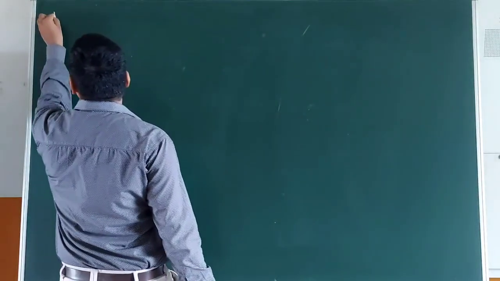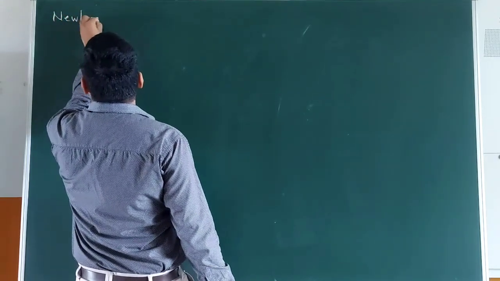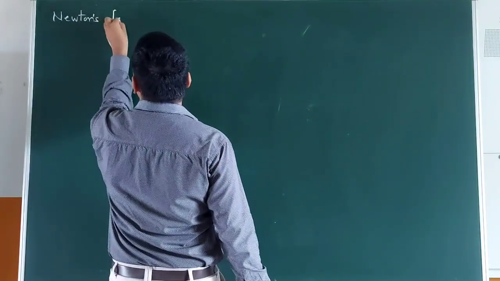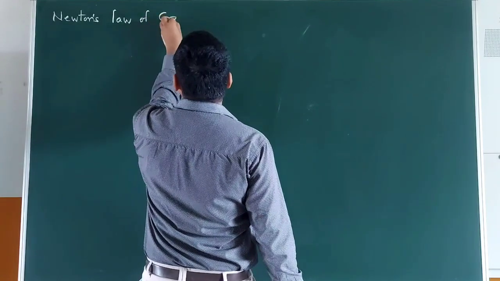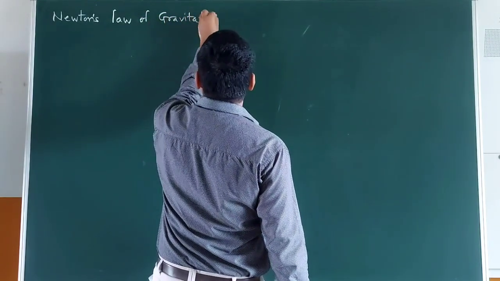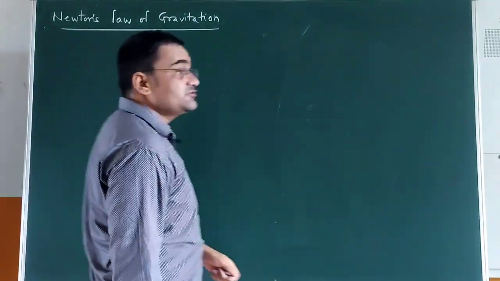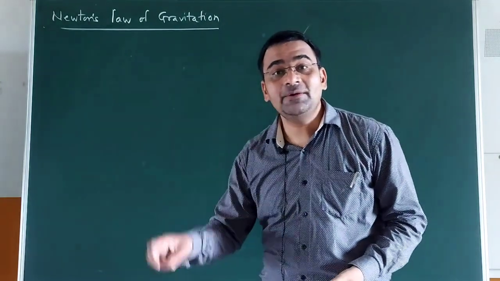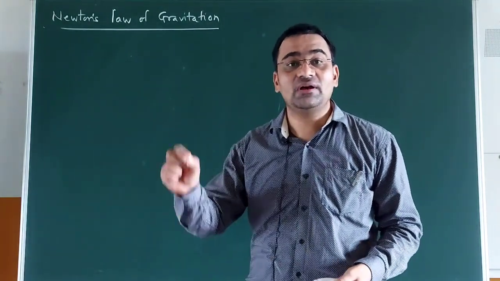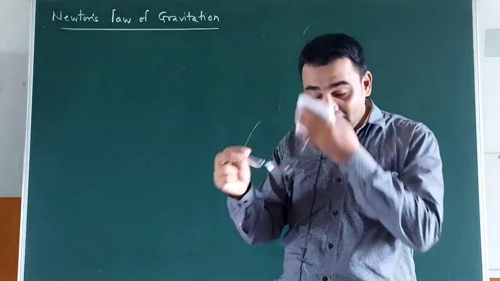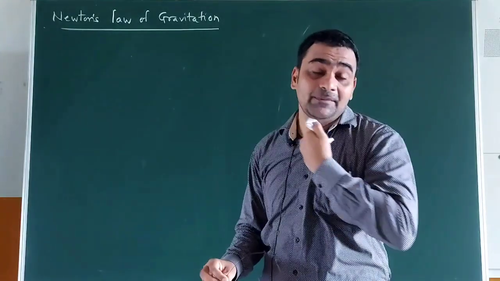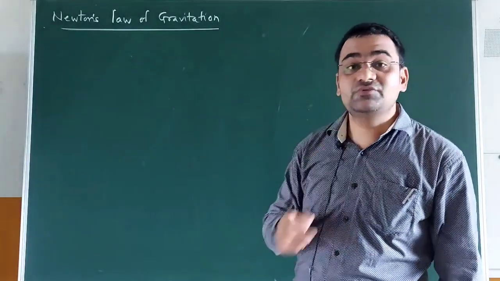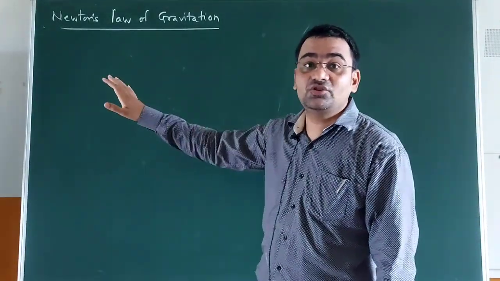The next article for us is Newton's law of gravitation. And this law is considered a universal law. It is applicable for all particles, macro, micro and different types of particles which are present in the entire universe. The impact is quite different for different planets and different materials, but this law is very useful to study the entire nature of the universe.